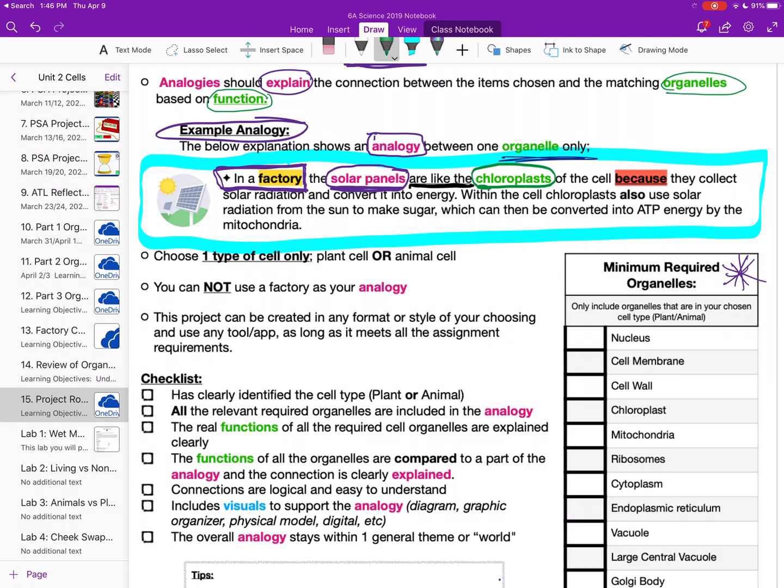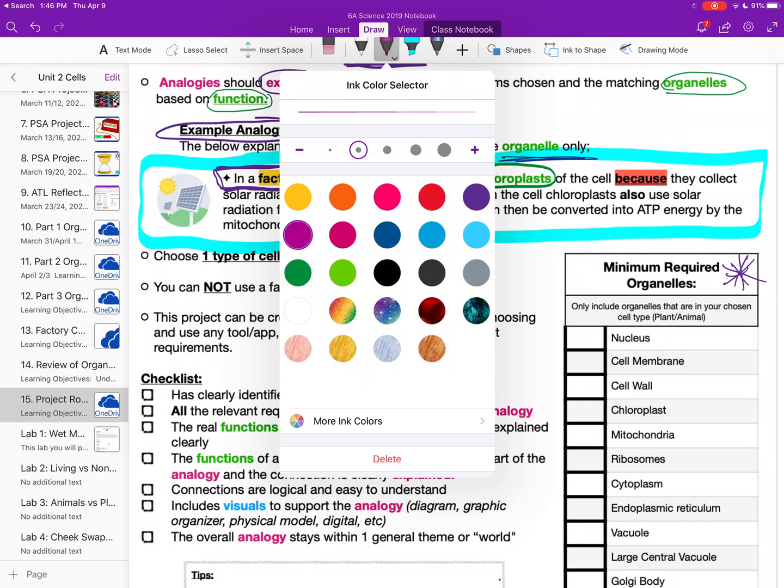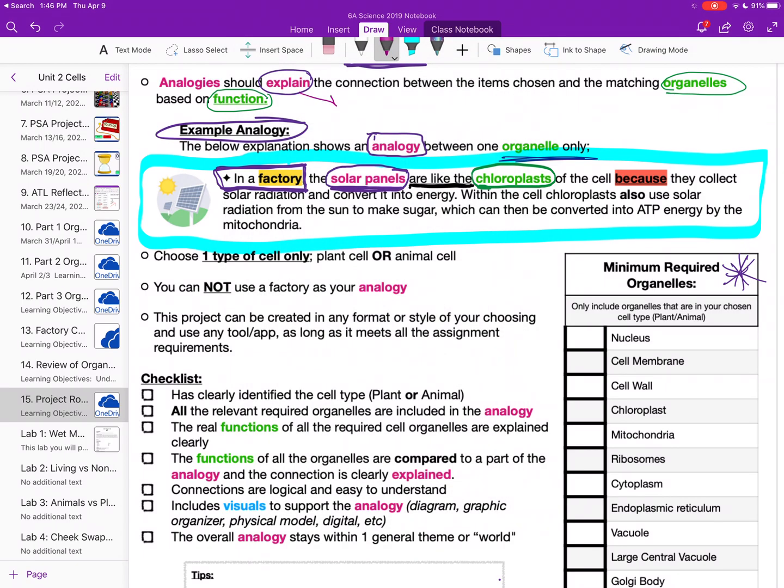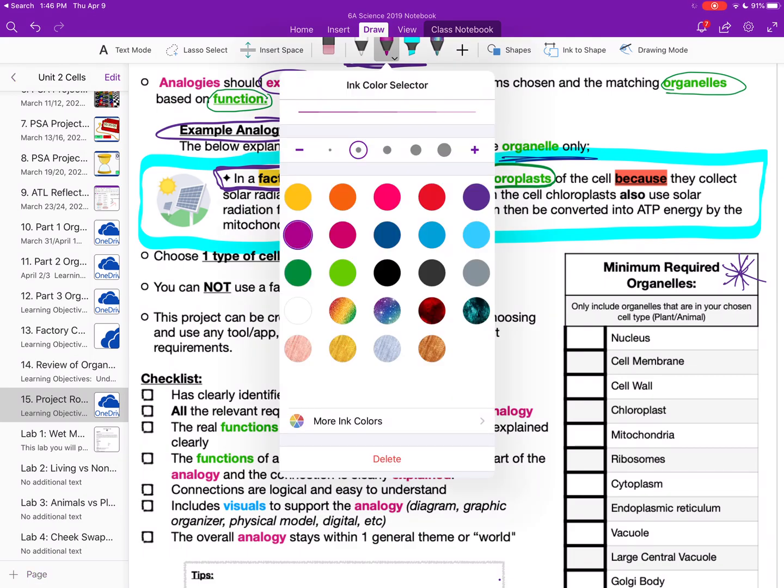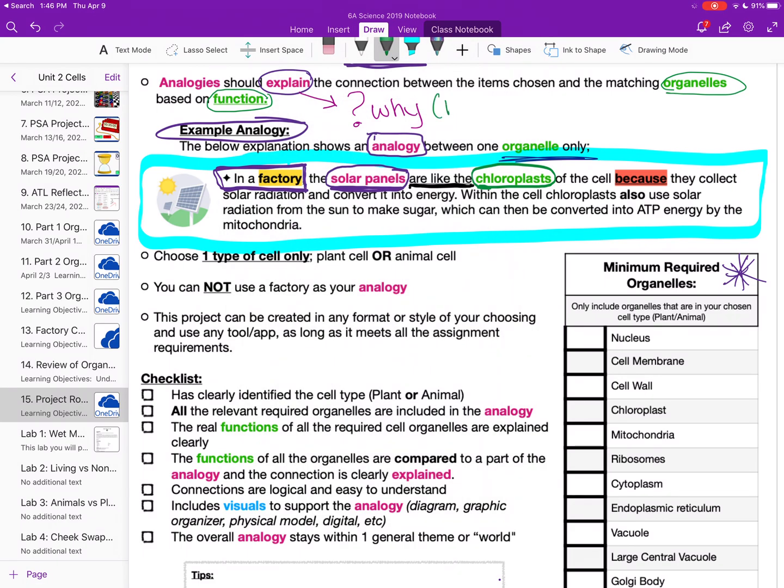So, in a factory, the solar panels are like the chloroplasts. But we're not done yet. We haven't really explained anything, and that's the key. We've just made a statement, but we need to explain why. So why are the solar panels like the chloroplast? How does that explanation relate to